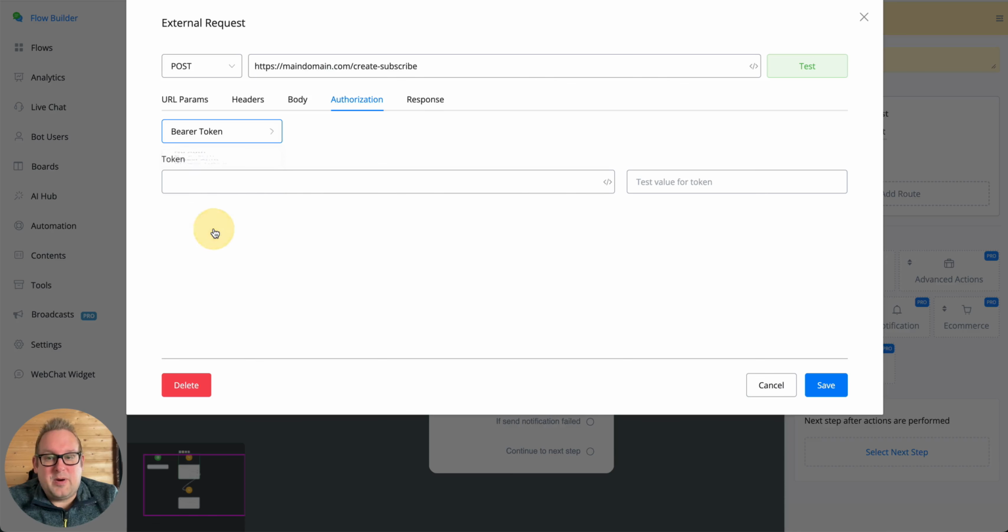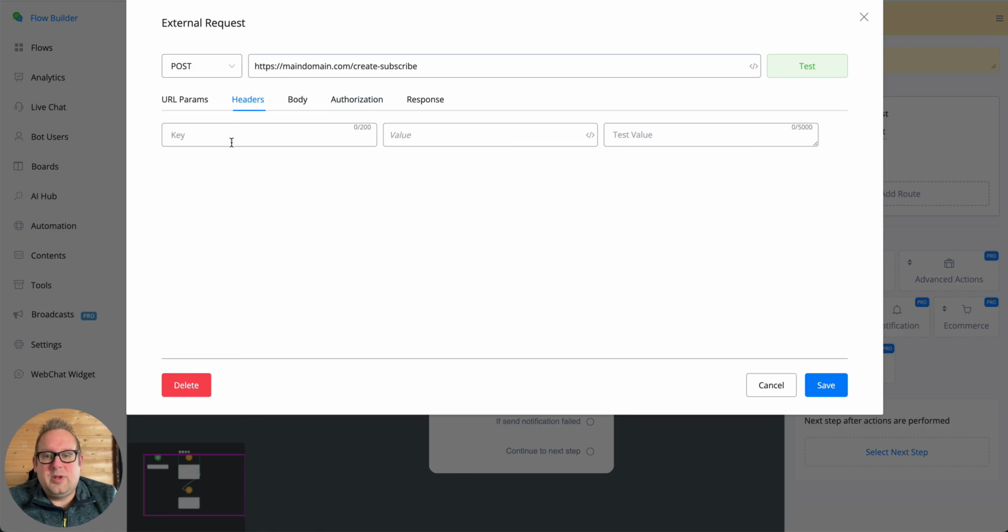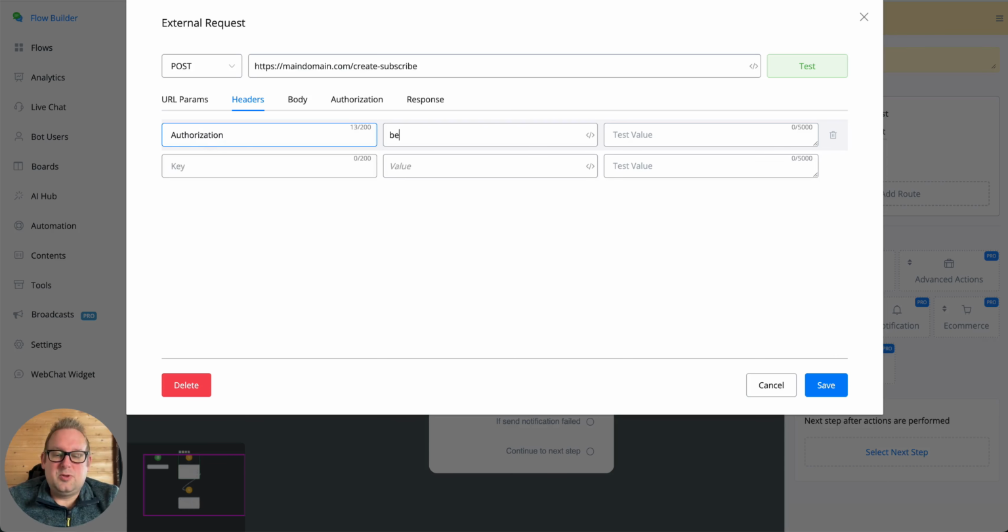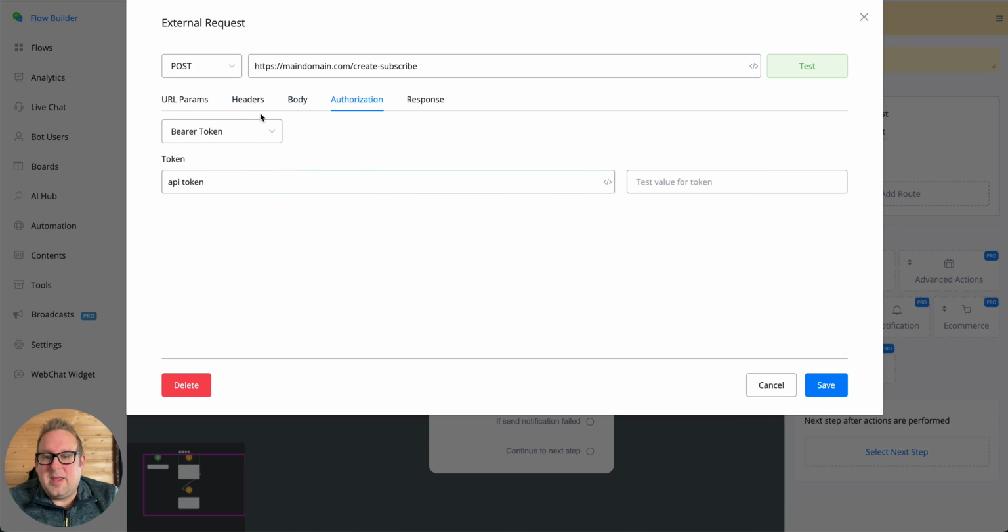But we also have the bearer token, where you don't need to also add bearer, but you only need to insert the API token here, which is much more convenient than doing it inside the header, where you first need to set up an authorization section, then you need to go with bearer, and then your API token, right? You can skip all of this by just going to the authorization tab. And then from here, just go with the bearer token option or any authentication option that you might have. And then just fill in only the API token that you have. That is it. The rest will be handled in the backend when making the external request or the API request